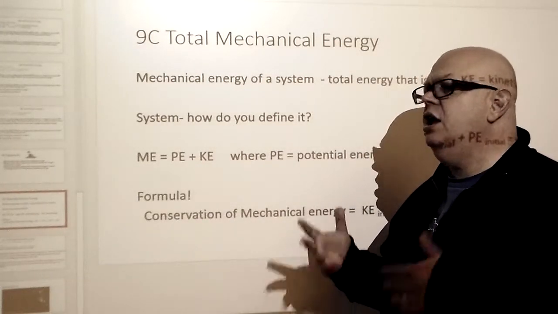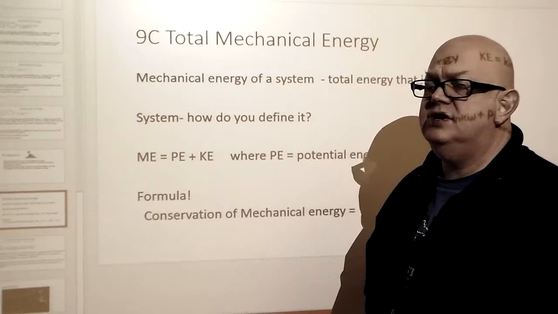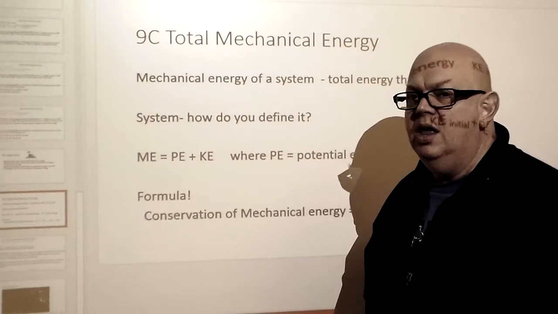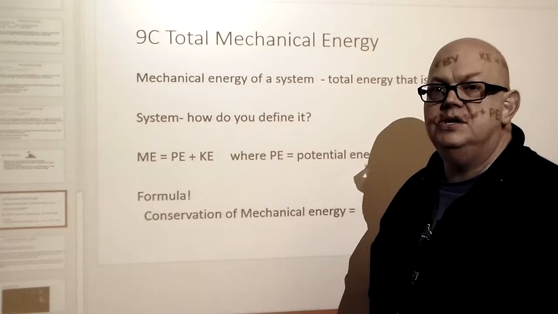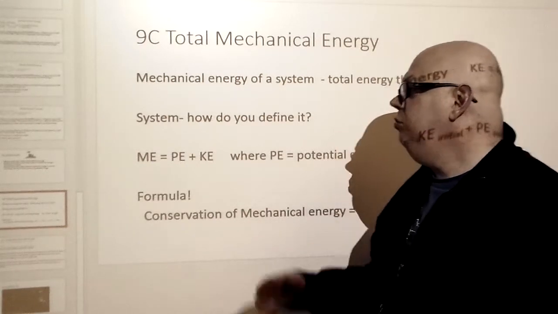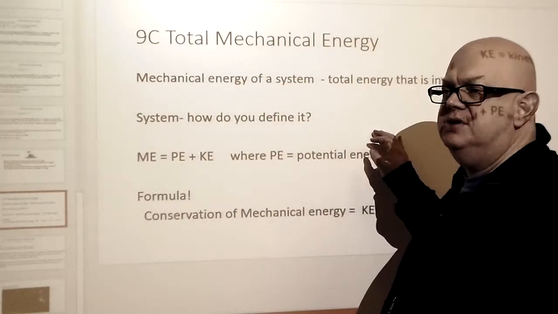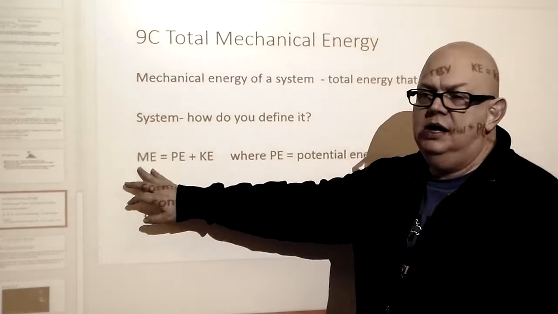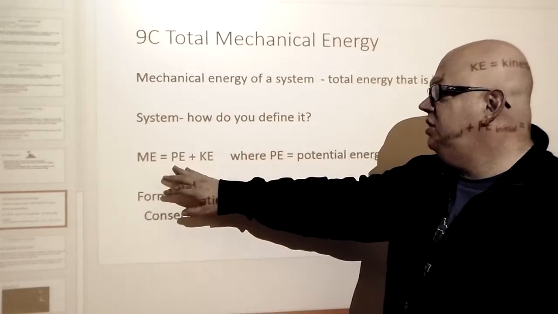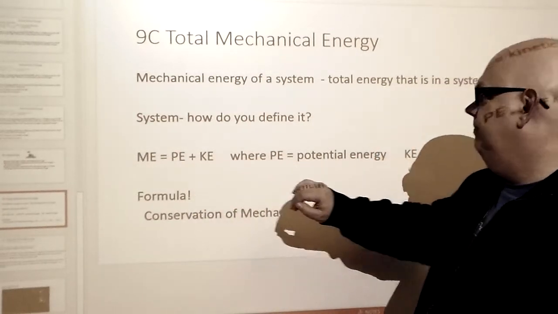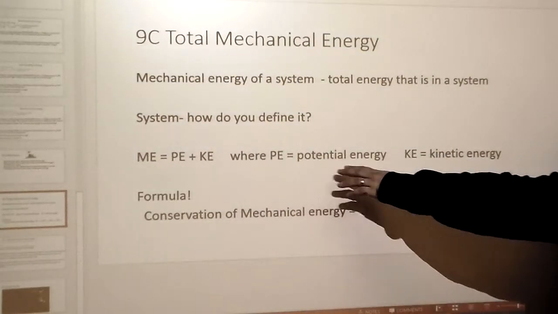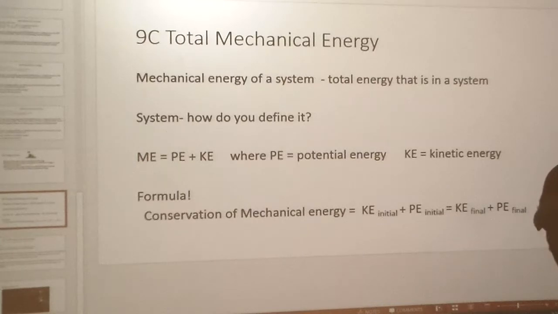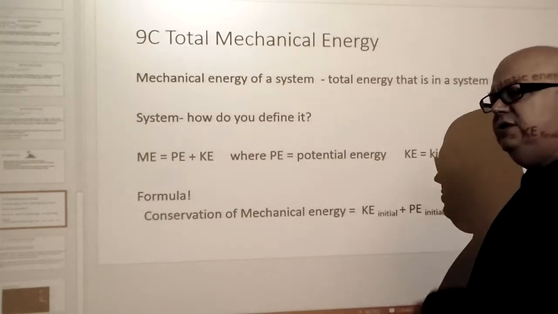We could look at a car engine and say that's a system. We could look at a rock that's on top of a hill and define that as the system. So it really depends on how that system is defined. But for us, we're going to look at mechanical energy, where we have potential energy plus kinetic energy, where PE is potential energy and KE is kinetic energy,